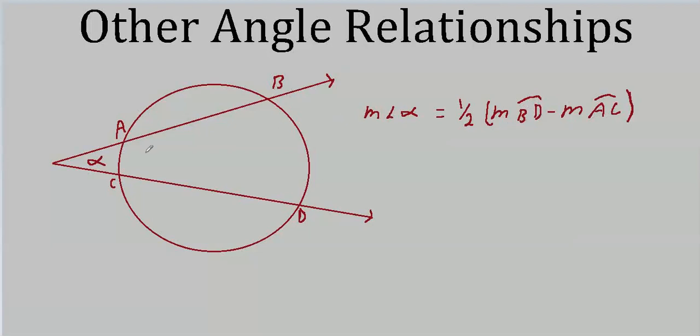No, the easiest thing to remember, when it's outside the circle, just take the large arc and subtract the small arc. You're always going to subtract the smaller one. The easy way to remember that is we can have negative angles in a coordinate system. For instance, if I lay out,